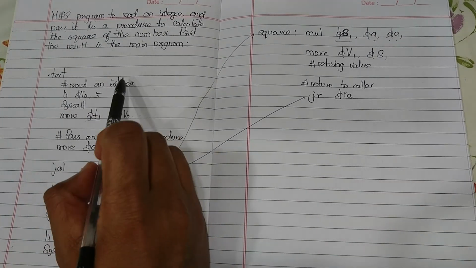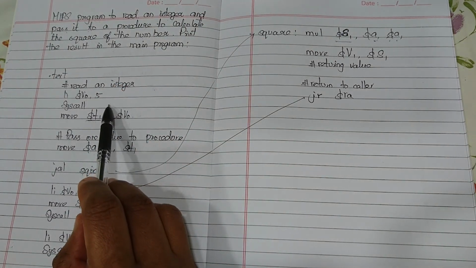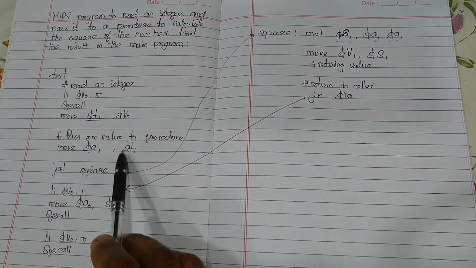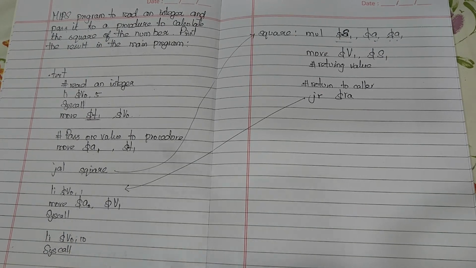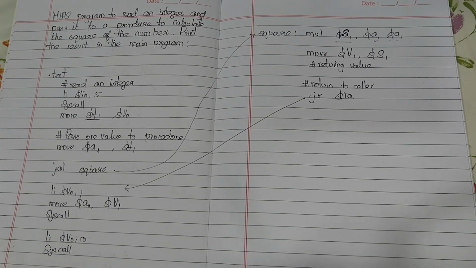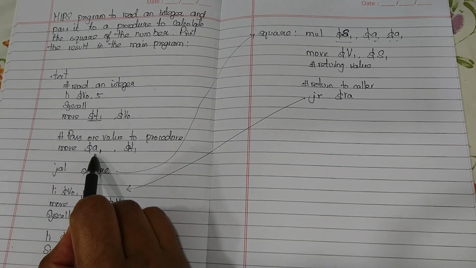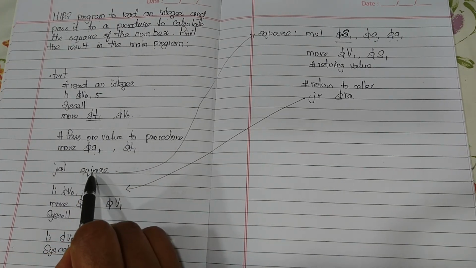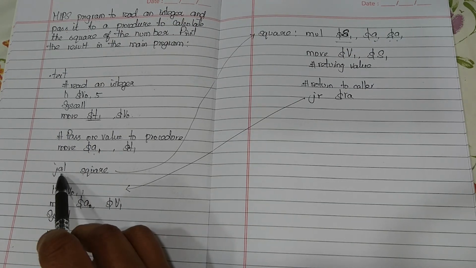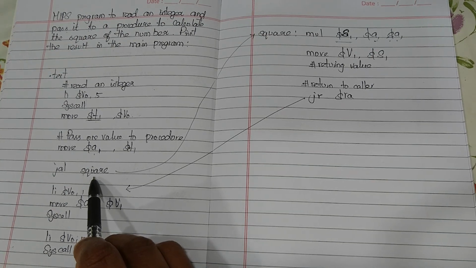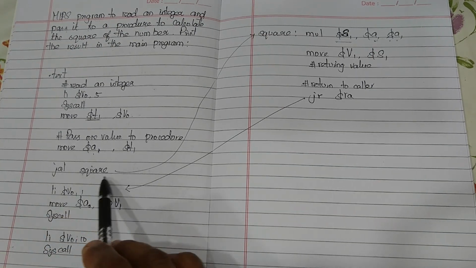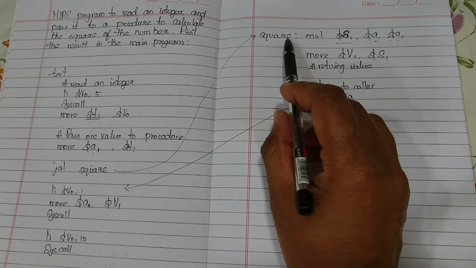So what are we doing? As per the question, we read one integer and I am passing it to the procedure. How do you pass? You load that value. What do you want to pass to the procedure? You load that value in register A0 or A1 or A2 or A3. So I am using register A1. And then you call the procedure. This is a way to call a procedure by using the instruction jump and link followed by the label. This is the label of the procedure. When MIPS executes the statement, it jumps to the label square.